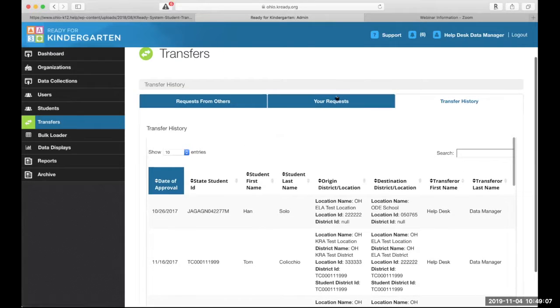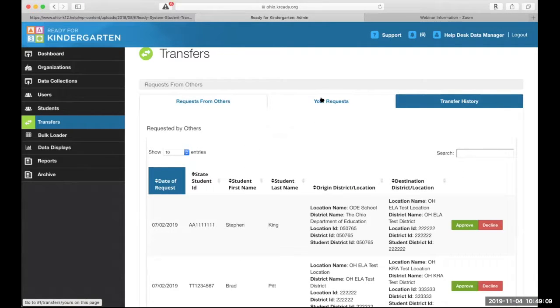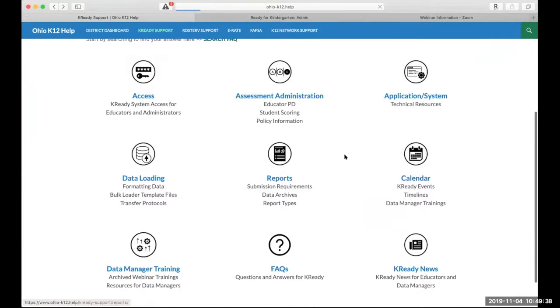So again, we are encouraging data managers to be looking at that now. If you haven't done so, please go through and check to see if there are transfers out there waiting for your approval. Again, coordinate with the necessary entities to make sure that you can approve those transfers in a timely fashion. So if you click on reports,